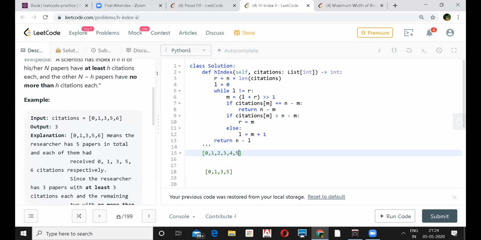What I did, I calculated just mid and compared with the remaining, like total minus that mid value. Like you have 5, mid is 3, 5 minus 3, 2. If that is equal to that, you return from that. Else you'll go to the left half. I mean, here if your m is greater than n minus m. So yeah, this will continue. Oh, this is the binary search, right? Okay. Yeah, binary search.